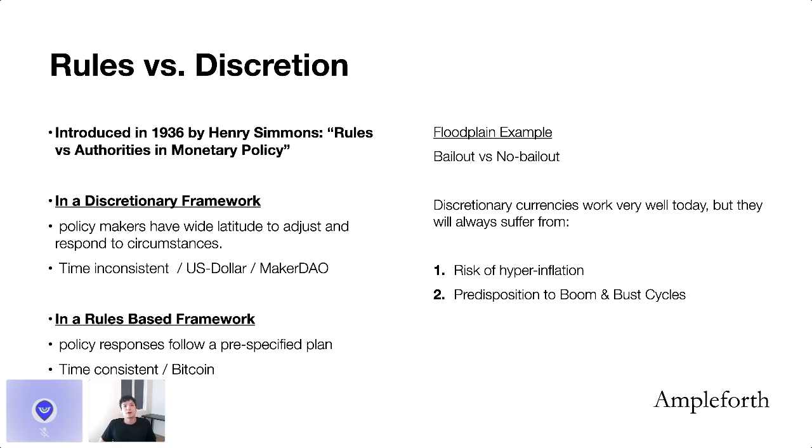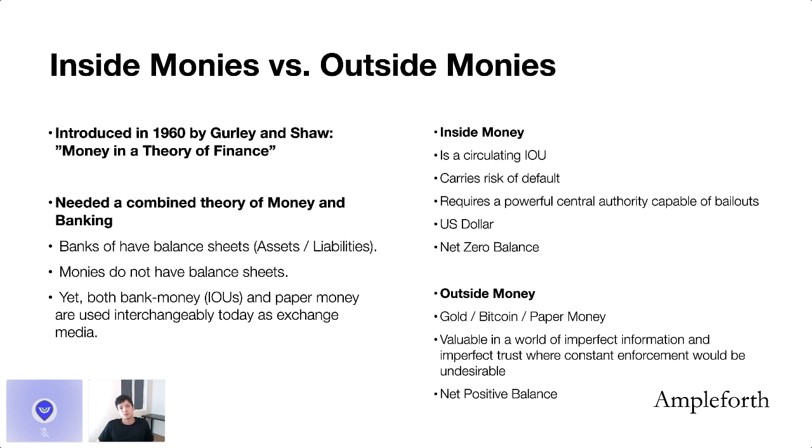So the next concept I'd like to cover is inside monies versus outside monies. This was introduced in 1960 by Gurley and Shaw in a paper titled Money and a Theory of Finance. I think what they were looking for is a combined theory of money and banking. I mentioned earlier that banks have these balance sheets of assets and liabilities, whereas monies don't have these balance sheets, right? Like gold doesn't have a balance sheet. And for example, the piece of paper that you call a dollar, it itself does not contain a balance